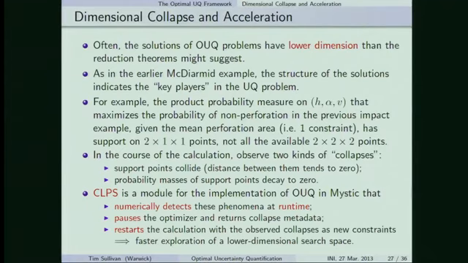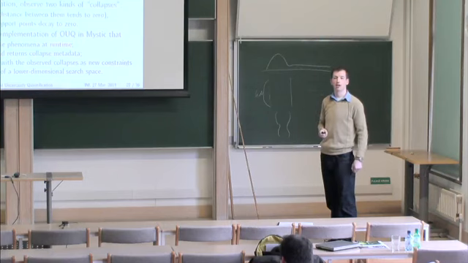But better than that, you can work the curse of dimension backwards. Because once you have this numerical module that we wrote that observes these degeneracies, these collapses happen, sees them happen, says, oh, well, I don't need that point anymore. I'm throwing it out of the calculation. Now you've reduced the dimension of the problem, so your calculation accelerates.